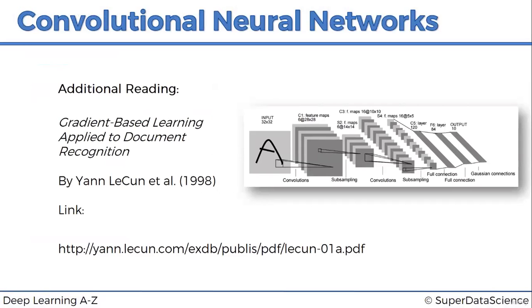For now, the additional reading that you might want to look into is Yann LeCun's original paper that gave rise to the convolutional neural network, called Gradient-Based Learning Applied to Document Recognition. You may have seen this image before floating around on the internet. It's from that particular paper. So if you want to go back to the very beginning of how it happened, where it all comes from, then this is the paper to look into.